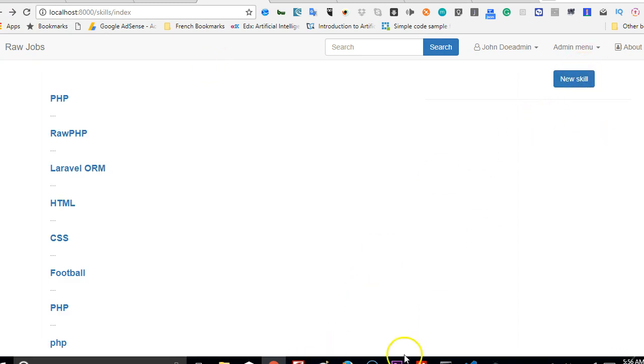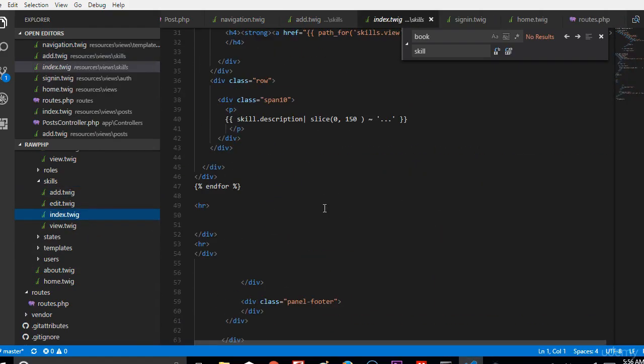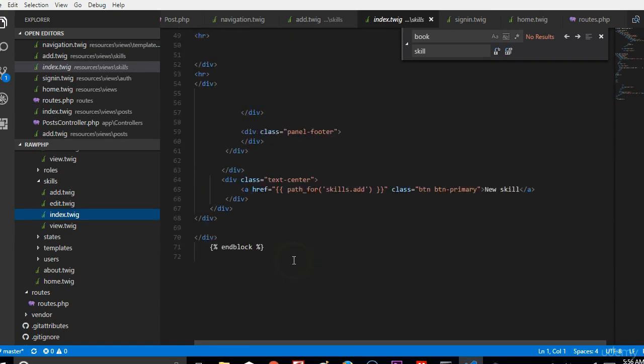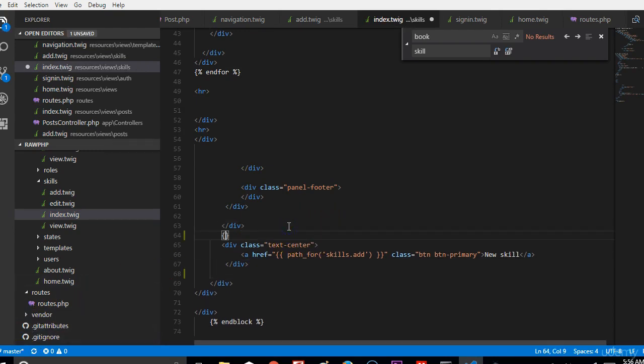So let's quickly confirm. So we go to index, we go to new skill, add new skill. As you can see, we don't have that option for admin, so we need to use an if statement and make sure that only admin can